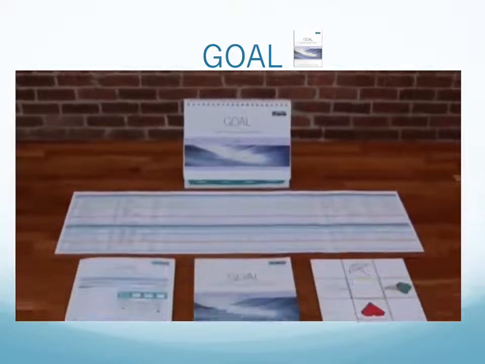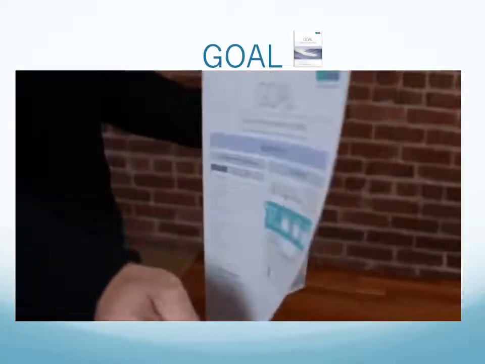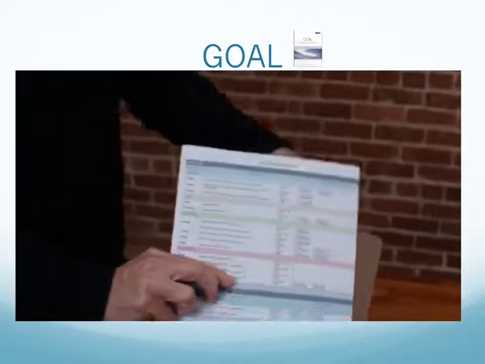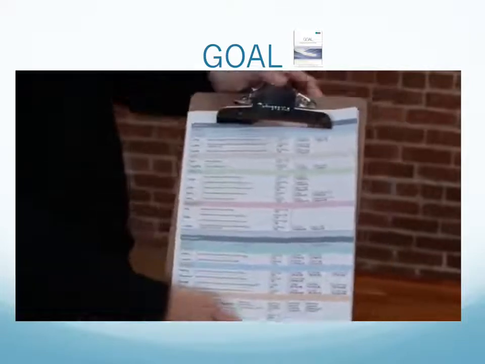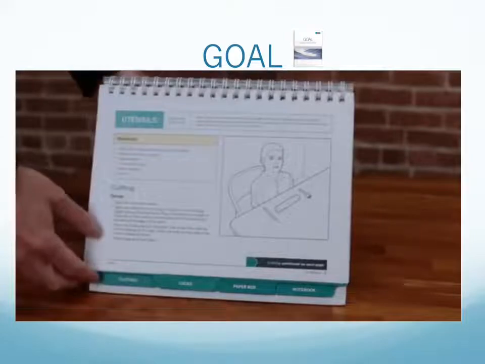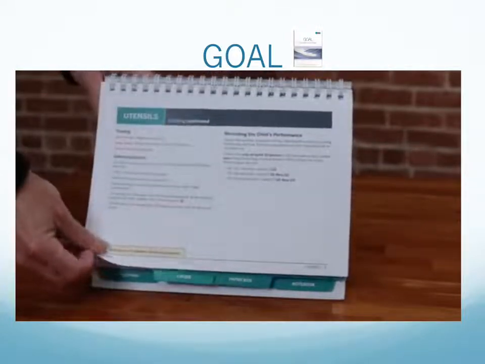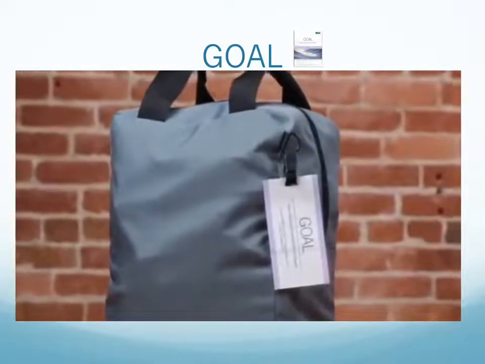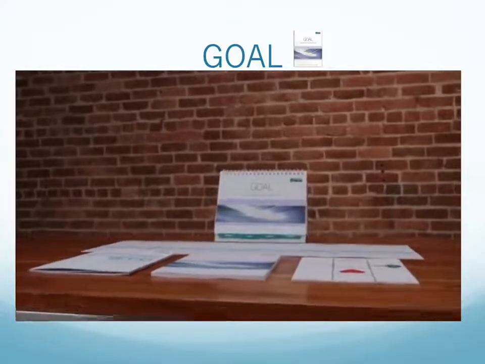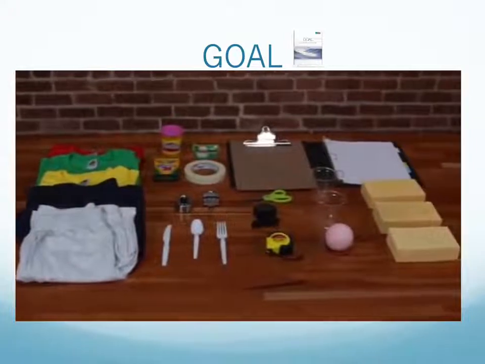To prepare the GOAL record form for testing, fold it so the performance record panel is on one side and the administration notes page is on the other. The GOAL easel provides all instructions for administration and recording the child's performance. Make sure you read the manual thoroughly and practice with the kit and easel before using the GOAL for the first time. Keep the GOAL backpack near the table so you have access to the kit materials you need.